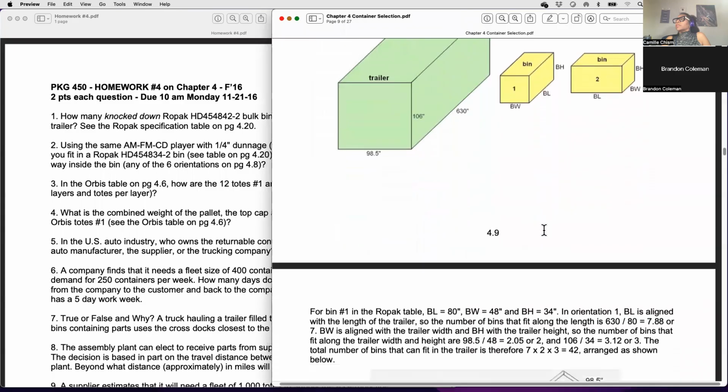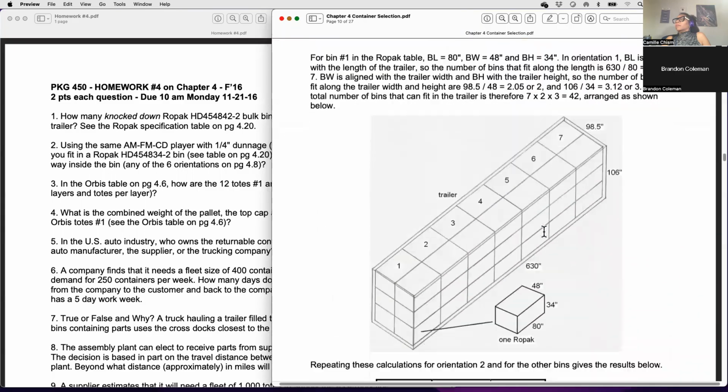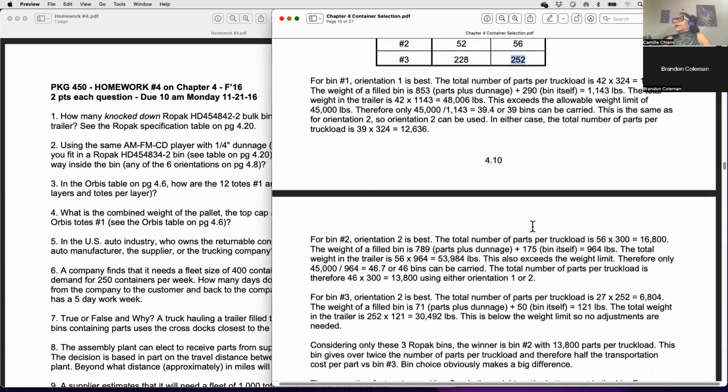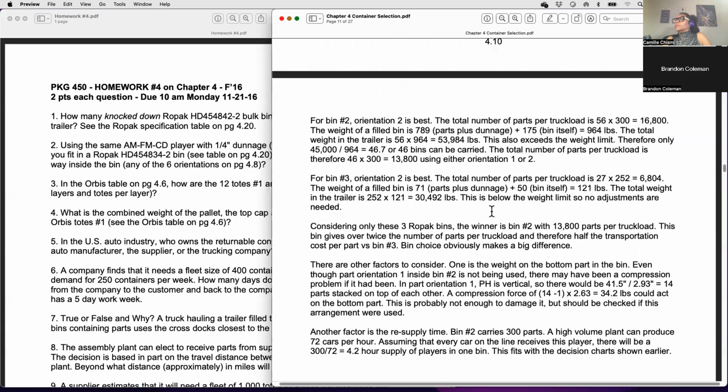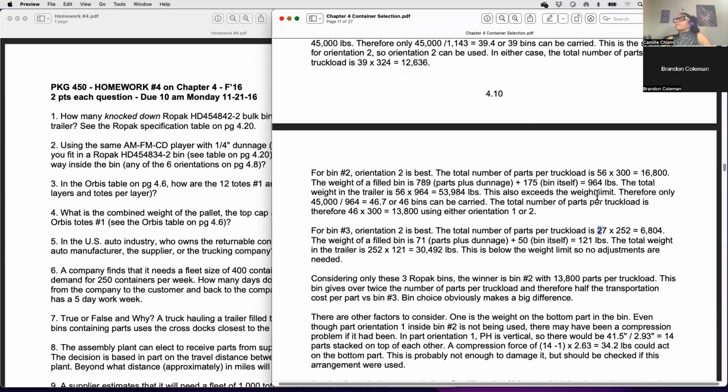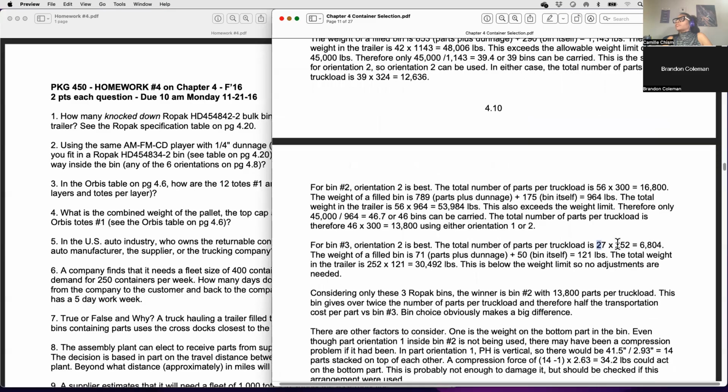Go through that whole exercise again and come up with the 252. So then what did they do again? Take the parts per truckload, which is 27 bins times the 252